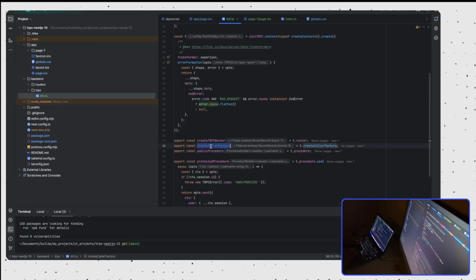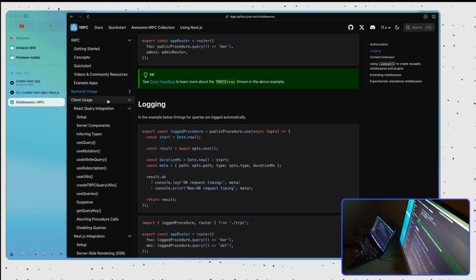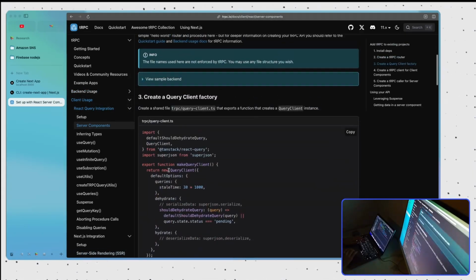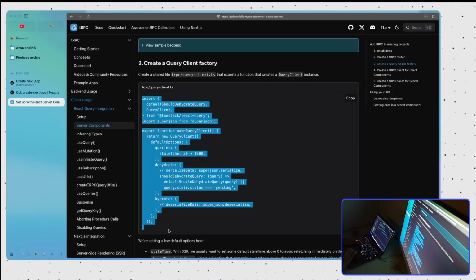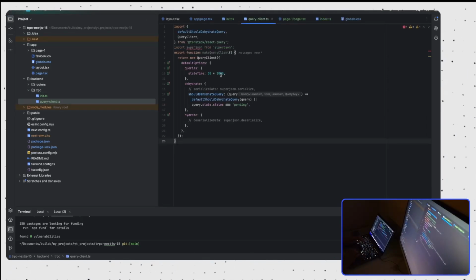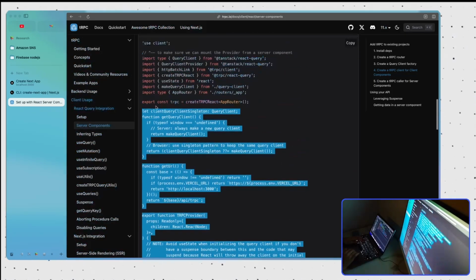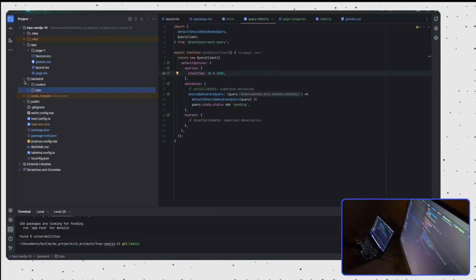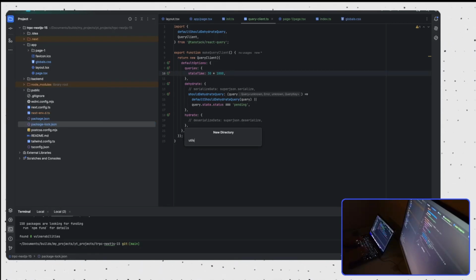So we have created this caller factory from the init procedure, or the init tRPC. So in the docs, particularly in the client usage, React Query and the server components, once we have set up the backend, we need to copy this section. Let's start with the third step now, which is to create one query client that runs on both. Next, create the provider, I guess. Yeah. So for that I need to keep things clean. Let's create one new folder at the root level, call it utils slash